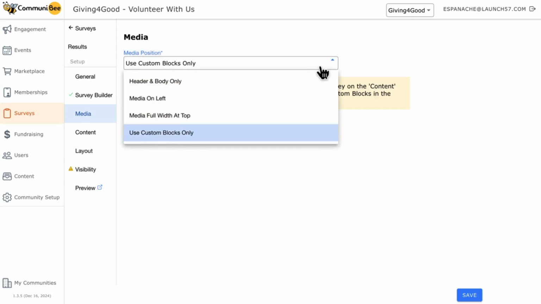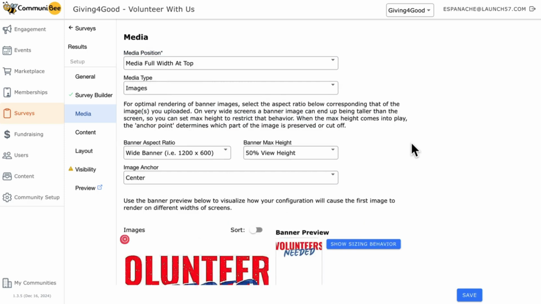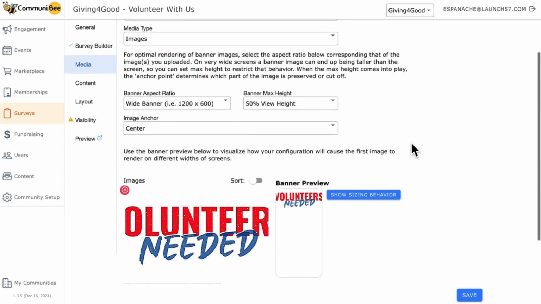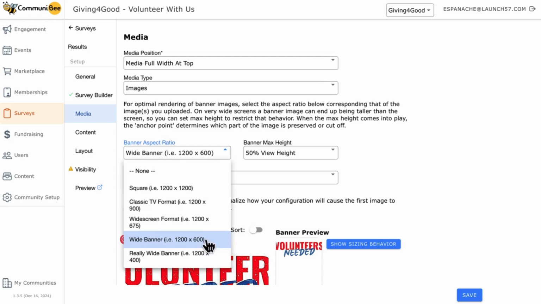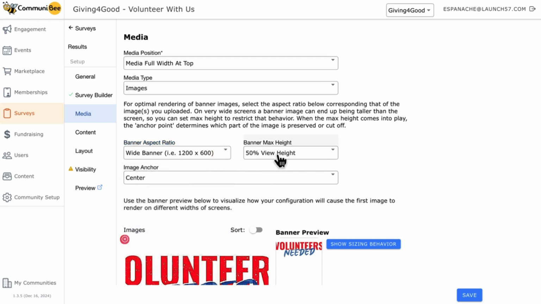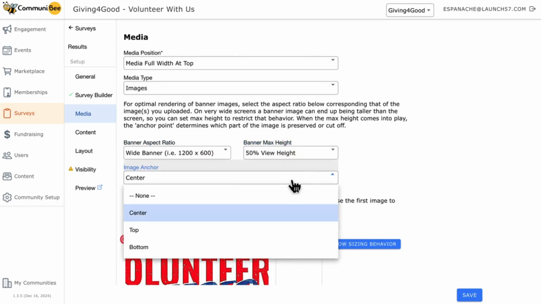For the purpose of today's video, I'm going to choose the media full width at top option. So now that I've uploaded my image, I've also tweaked the banner aspect ratio. Out of all of these options here, the wide banner fit my image the best. For the banner max height, I set it to 50%, and for the anchor, I left it